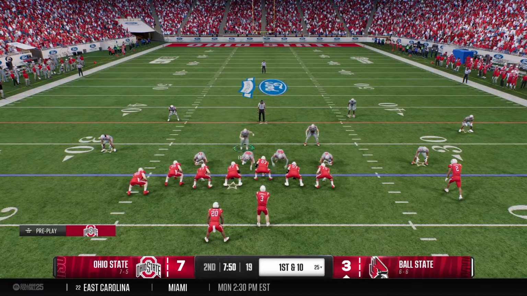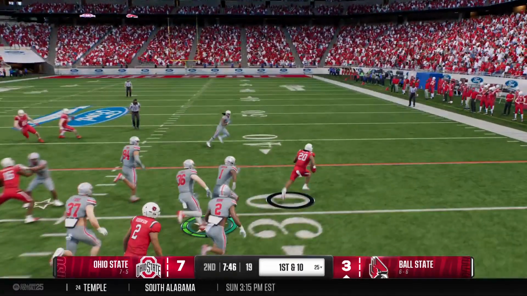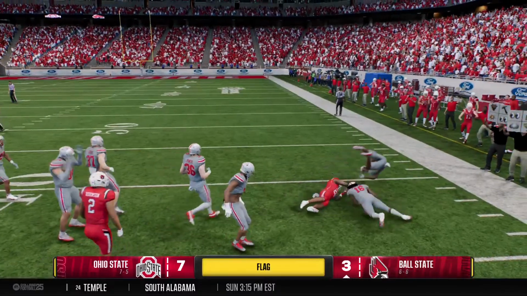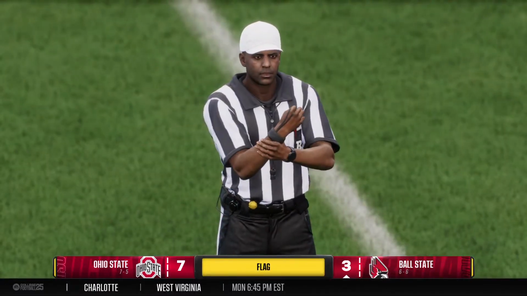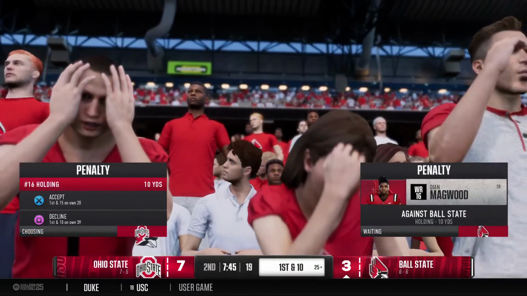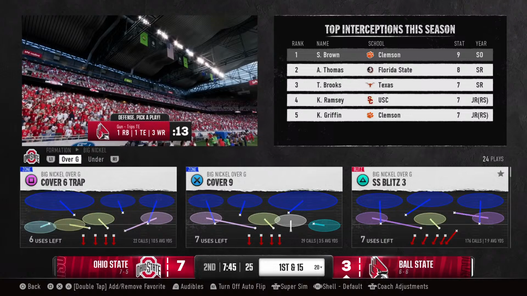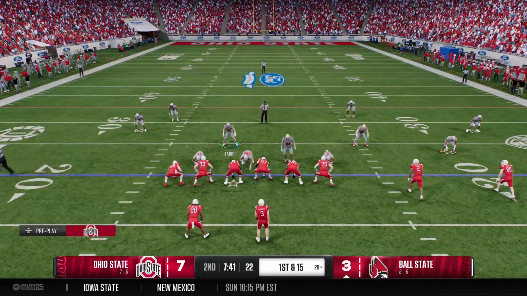Always good to get points on a drive, David, but chip shot field goals can leave you a little empty. And I think it's great to get points, but the great teams get touchdowns in the red area. You got to get out there this time and execute a little better on this drive. You're absolutely right, David. Generally, the best red zone offenses are the ones that run the ball the best. So let's see if they can be a little bit more physical on this drive. Here comes the offense on first down.